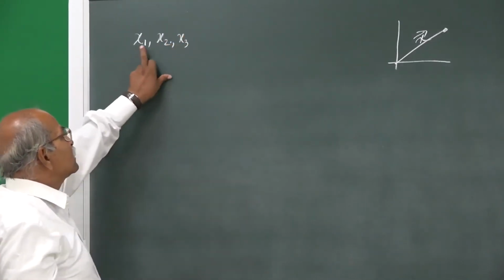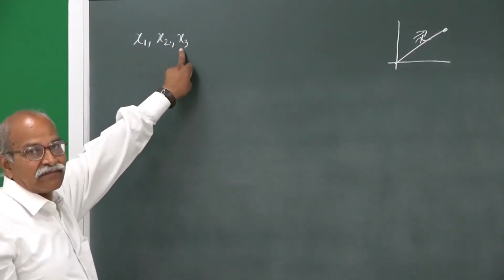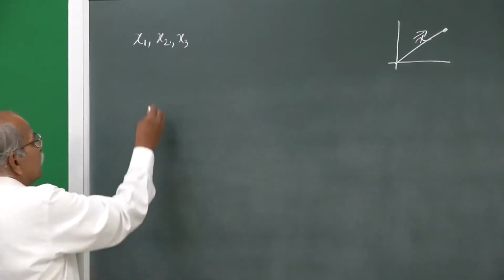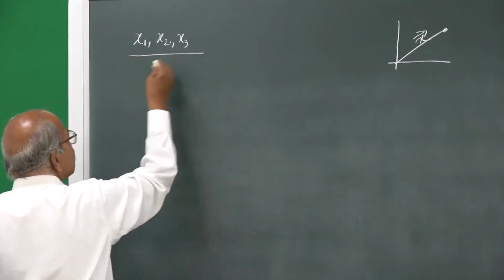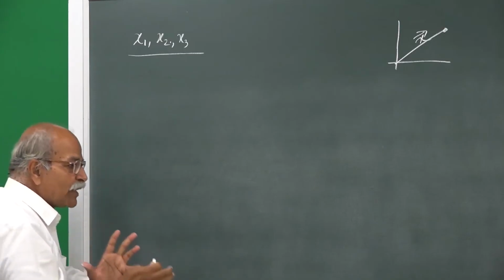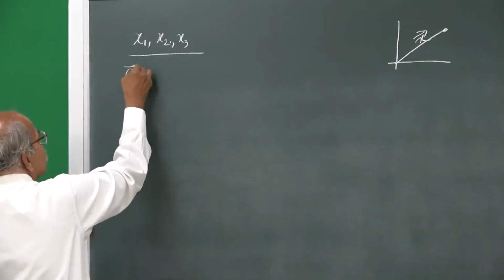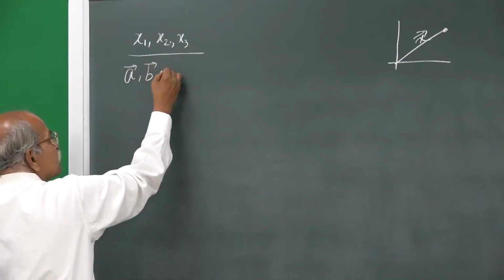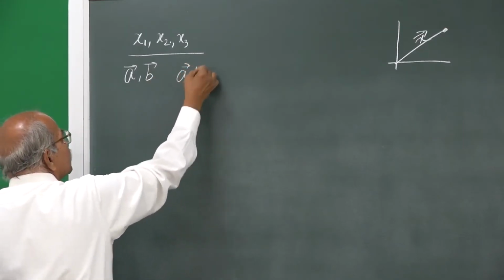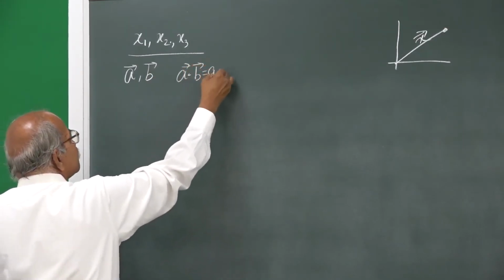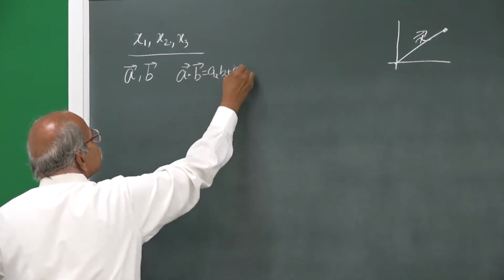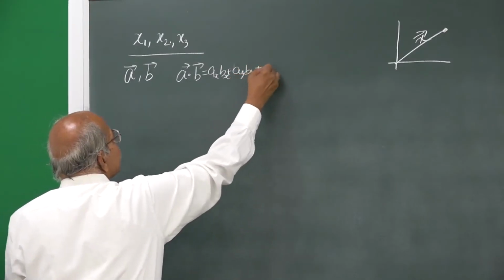So, this is x component, this is y component, and this is z component. So, if I name it like this, then let me say what is the dot product of two vectors. Suppose I have two vectors, one vector is A, another vector is B. So, what is the dot product? We call it A dot B, and normally we say it is AxBx plus AyBy and plus AzBz,